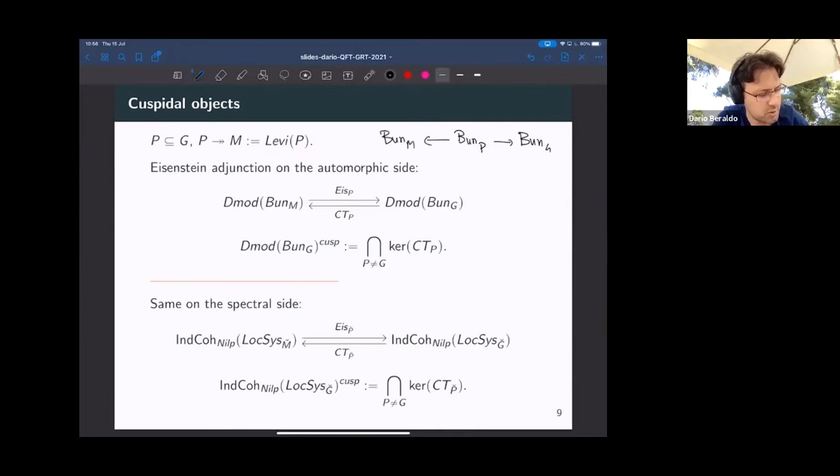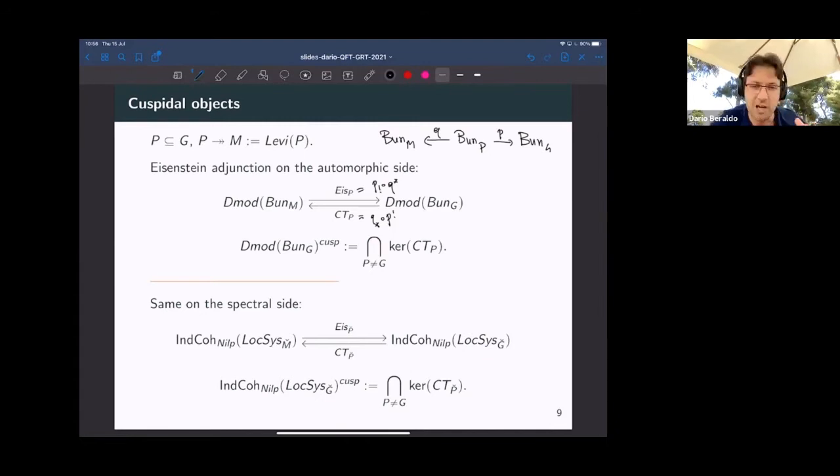Traditionally, these maps are called p and q. And so the Eisenstein functor is just the pull-push in one direction, and the constant term, which is the right adjoint, is the pull-push in the other direction. So the Eisenstein functor will be q upper star p lower shriek, and the constant term is p upper shriek q lower star. For those of you not familiar with D-modules, I'm not going to use much about D-modules. I'm just going to use that they have six operations. Those are examples of six operations, pull-push.